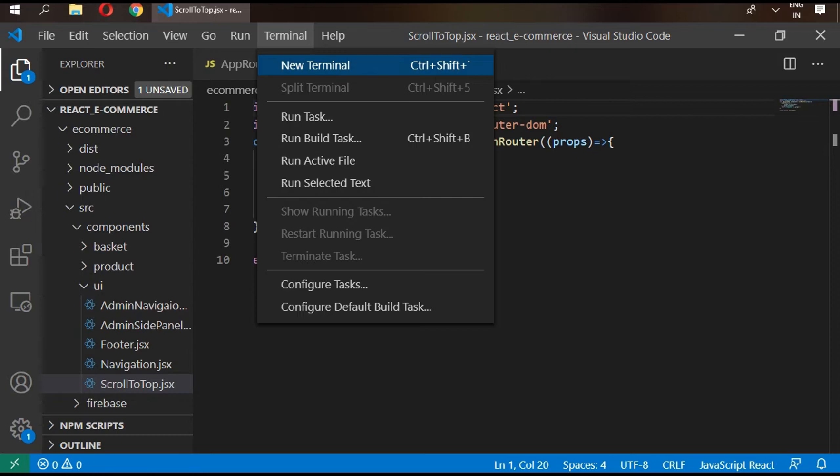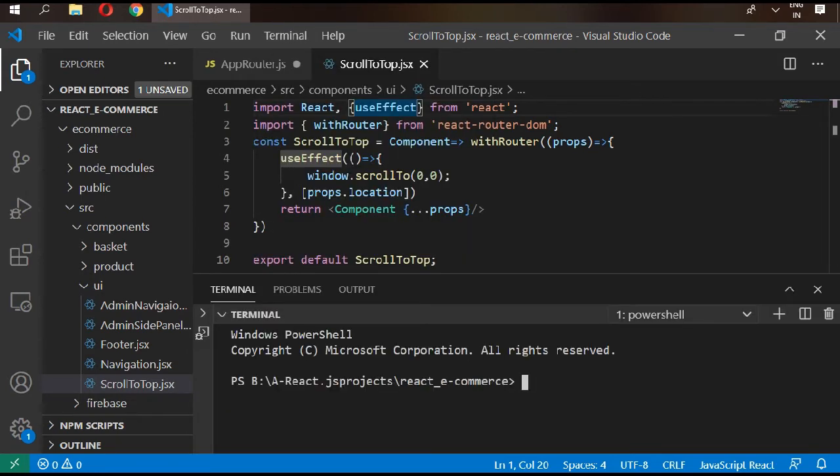Go to terminal, insert new terminal here. Okay, and go to your drive and go to your folder. Inside your project is displayed e-commerce. Okay, so e-commerce, enter, and we are running dev server. So we should start it with npm run dev server. Okay, enter,